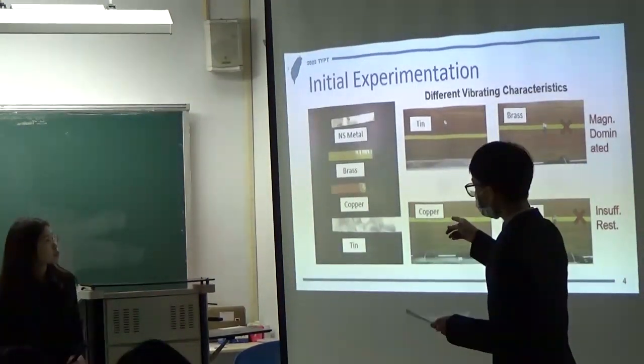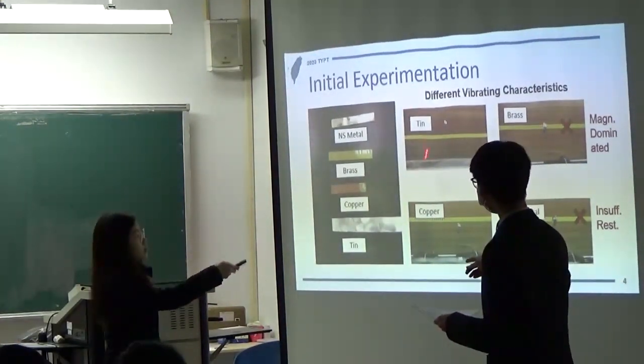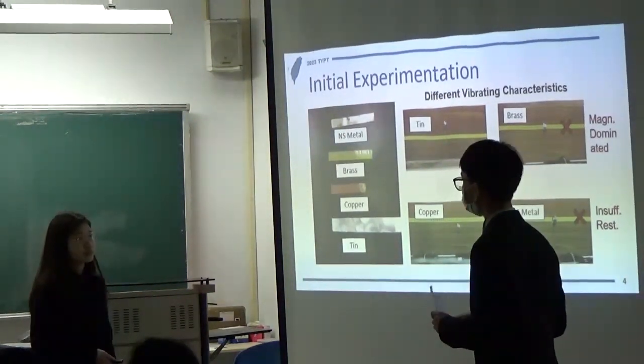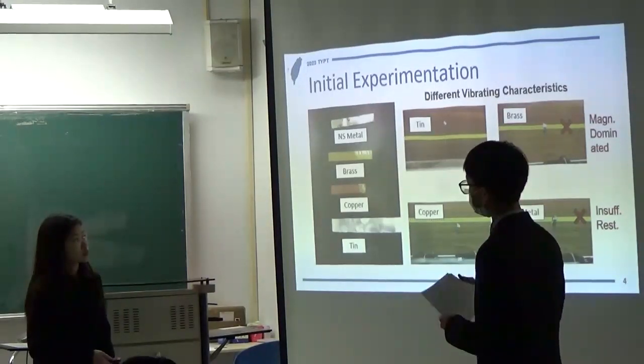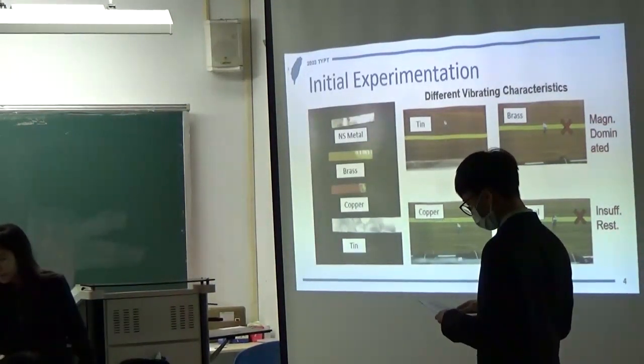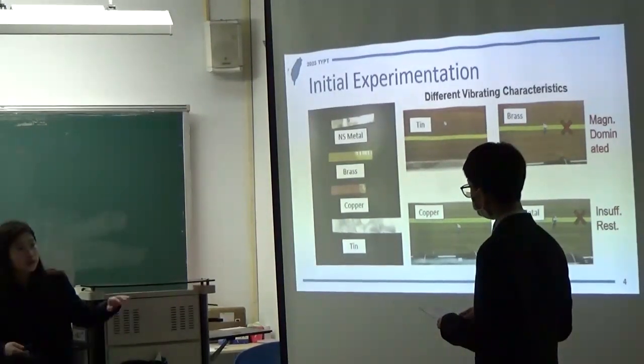Are they metal? This is tin. This is copper. Okay. Do you have any equation of motion that can accurately describe the motion of the spring? The equation of motion. Yes. It accounts for damping and restoring force as well.